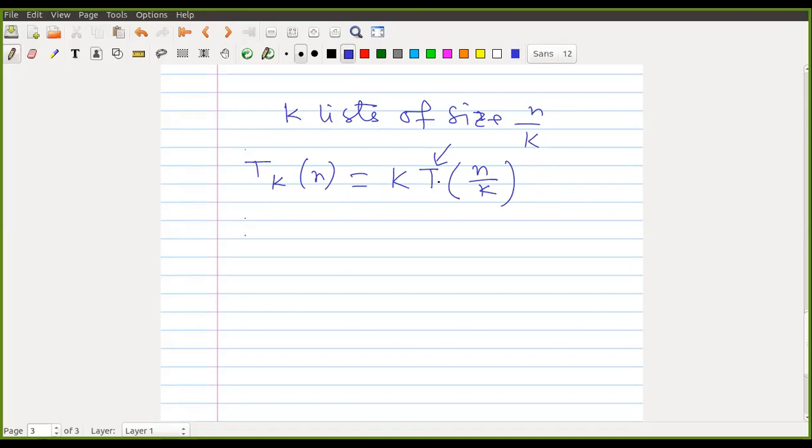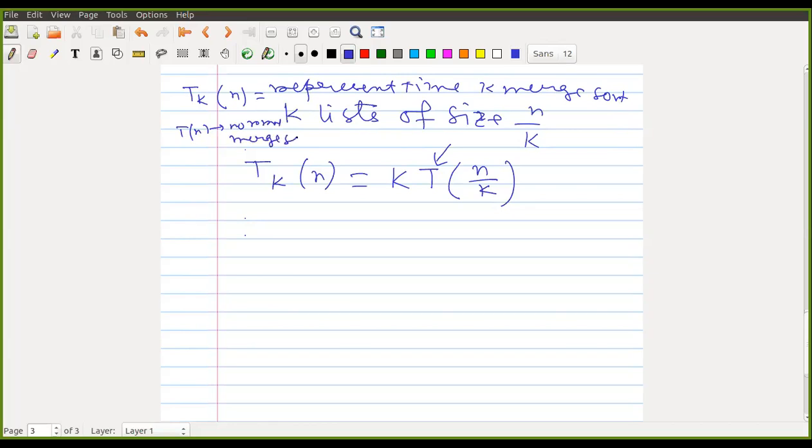No, no. So T_k of n represents the time taken by this k-merge sort, and T of n represents the time taken by normal merge sort, right?